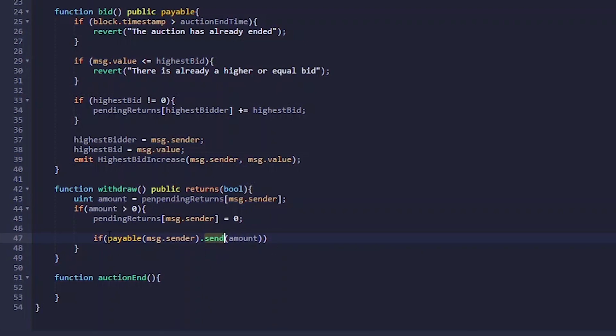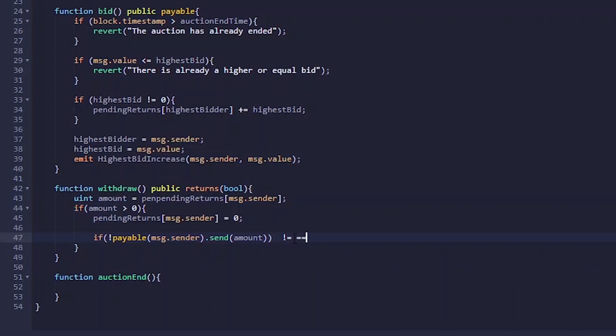So actually what we can do is if we add an exclamation mark here, it says that if this statement is not true. So you see how when you write different from as opposed to equals, right? Well, in here we just keep the exclamation mark. So if this is not true,